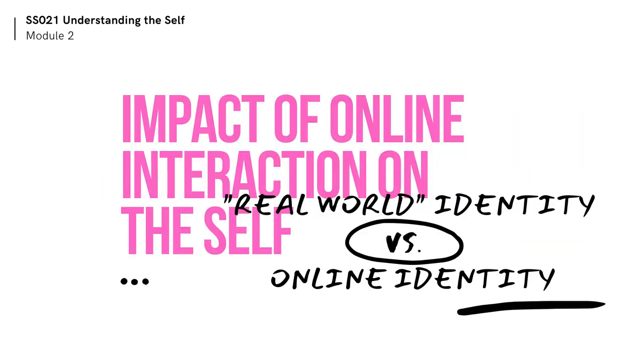So, to summarize our lecture, what is the impact of online interaction on the self? The impact is that we have an online persona and that we can compare our construction of identity in the real world versus the online world. And even though the line between the offline and online self has become blurred, given that we have become more digitally dependent, remember that you have the power to choose how technology will impact your life by choosing what you will use and how you will use it.